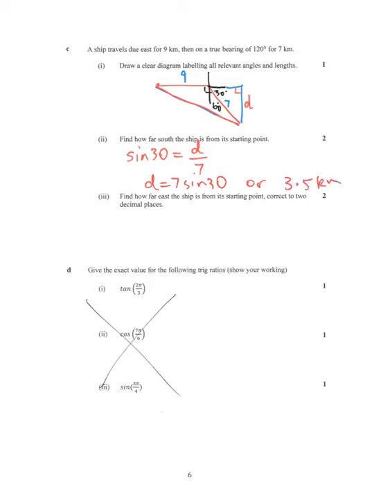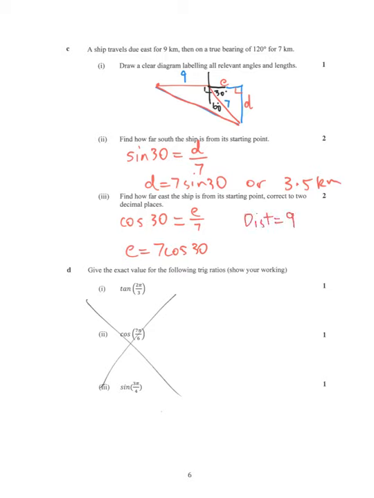Now, how far east is the ship from its starting point? Well, I'm going to need to find this distance. I'll call that E. So I can use Pythagoras' theorem, or I could go back to my trig, which I'm going to do. So I'm going to say cosine of 30 equals E over 7. So E equals 7 cosine 30, which is an exact value, but not a particularly nice one for us to use here. But in fact, my distance